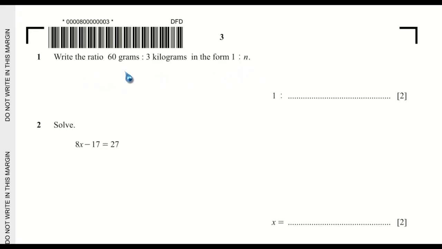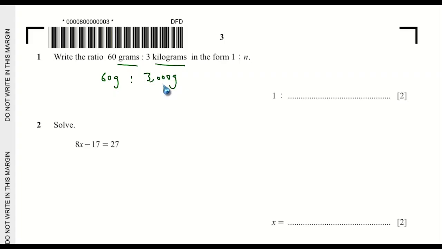So the first thing we need to do is to have the two quantities in the same unit. The first one is in grams, while the second one is in kilograms. So that will be 60 grams, ratio. Then we need to convert 3 kilograms to grams. So that will be